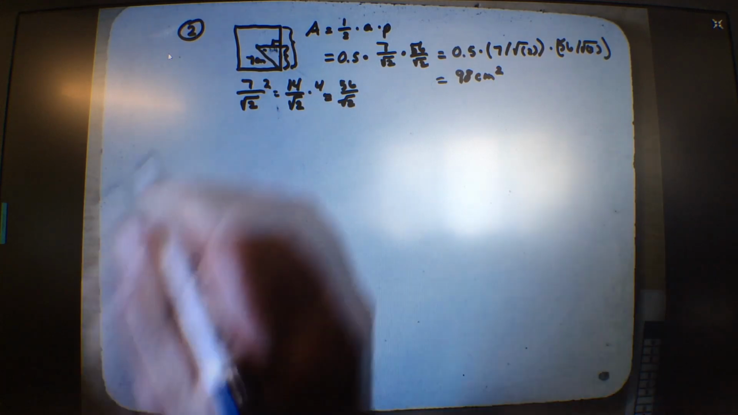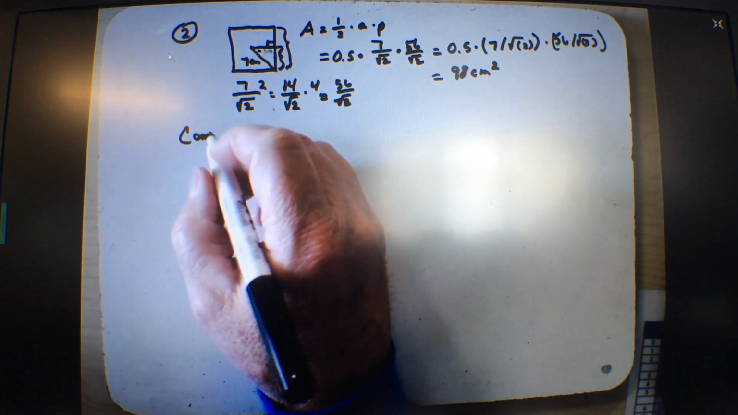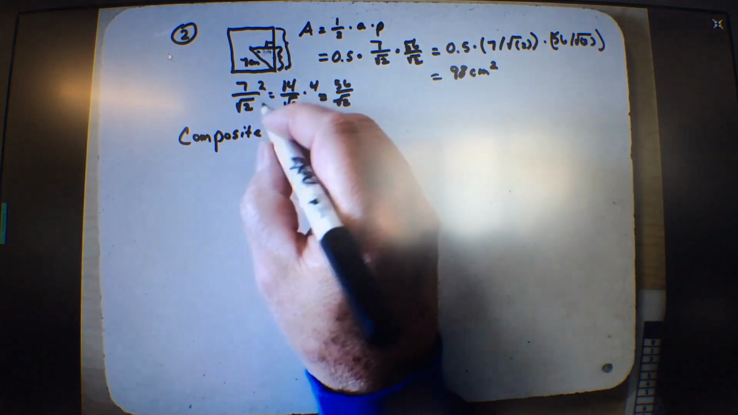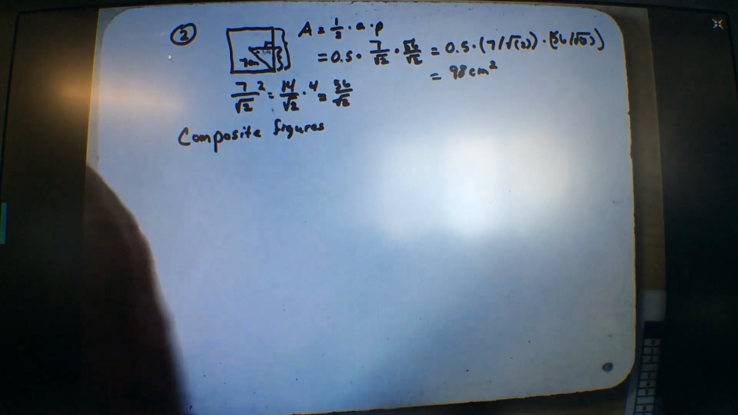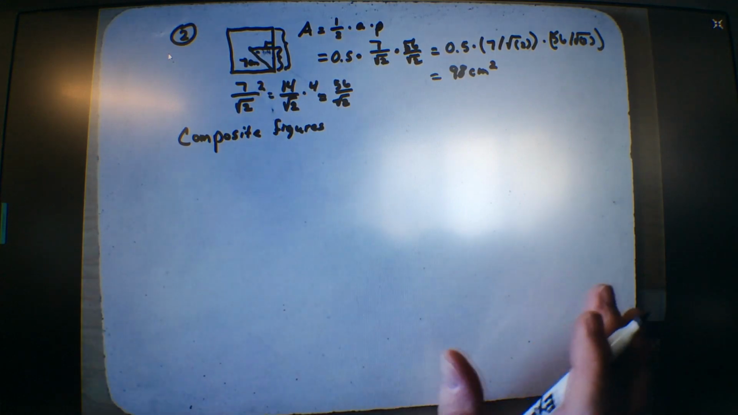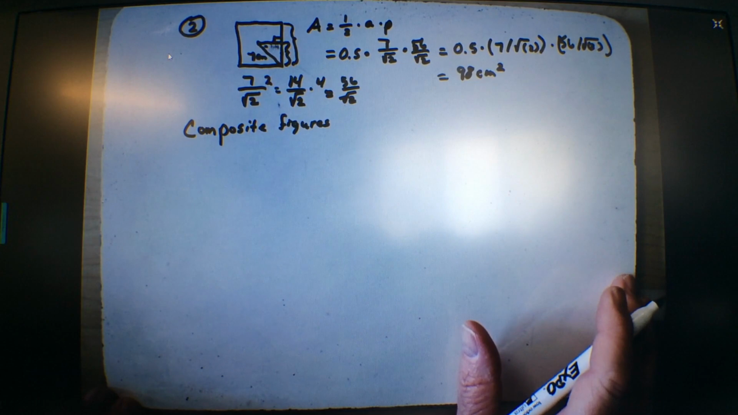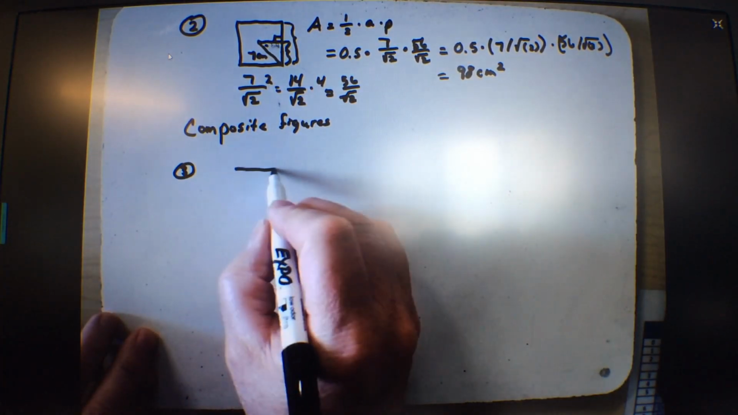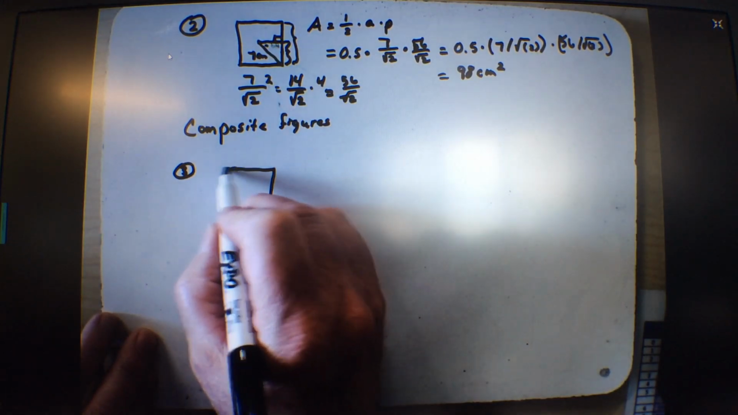Okay, so using this procedure, this idea, we're going to look at composite figures. Composite figures are when we put two or more figures together, okay? And there's different ways you can do them. I'm going to start with this one, and I'll probably end with this one, looking at our time here. But if you have something like this,